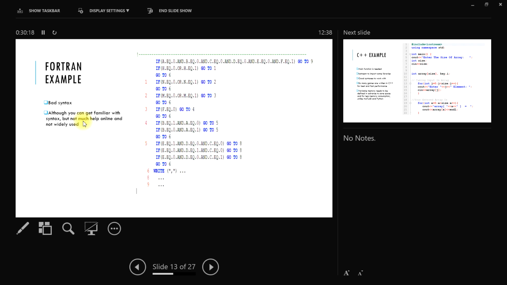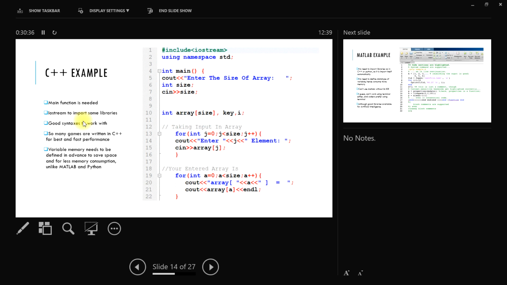If you want to do FFT, you won't be writing FFT again in Fortran every time. You don't get FFT in C++ also. You have to write the script in C++ also. I mentioned that also. There are pros and cons, but syntax is better in C++ if you see that point. So this is Fortran; C++ has a little bit better syntax.